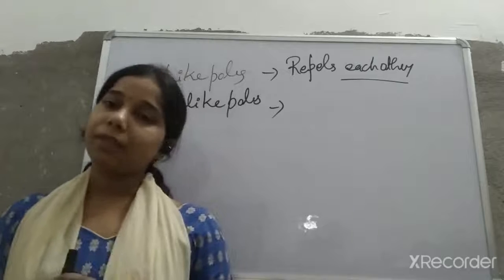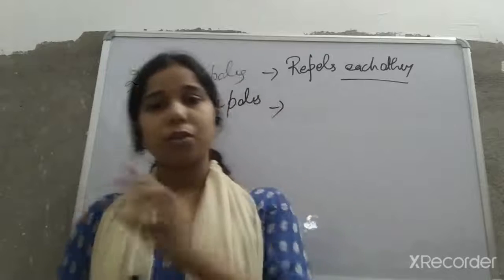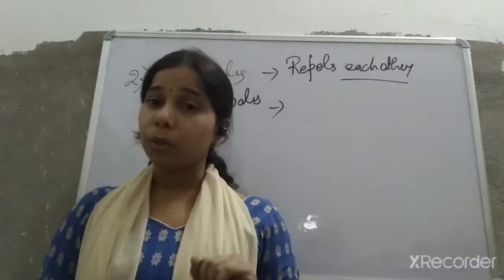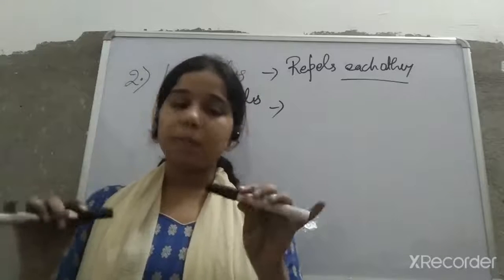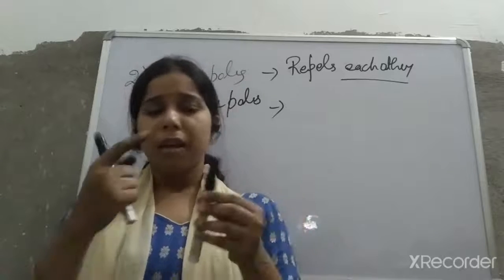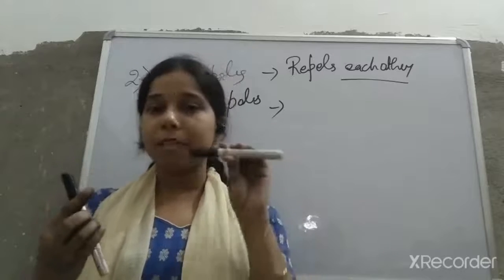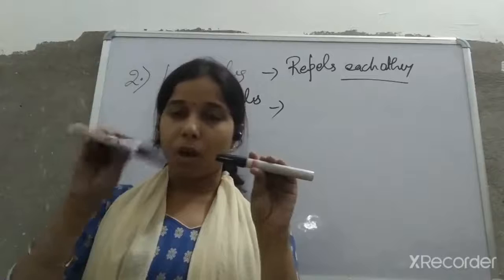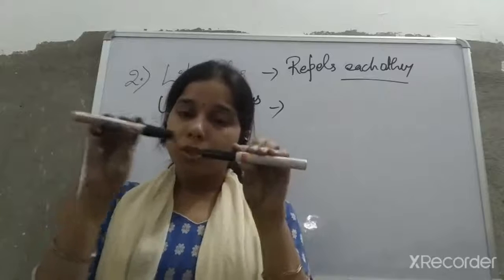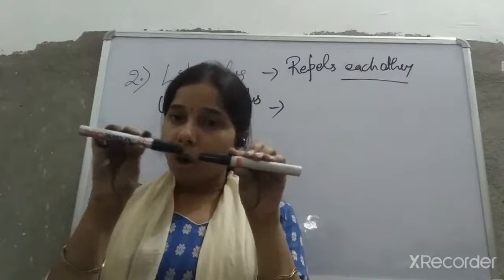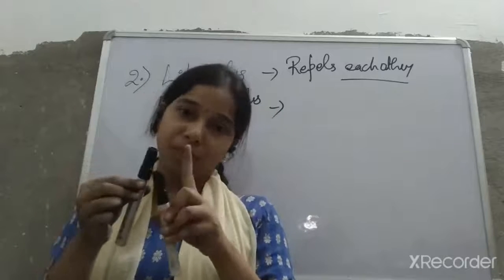Suppose you have taken two magnets and you do not know which pole is which, whether this is the north pole or the south pole. How will you come to know whether these are like poles or unlike poles? You keep this magnet like that and change the other magnet according to the need. When you bring the other magnet's portion close to it, if it does not attract, then we say that this pole and this pole are like each other.